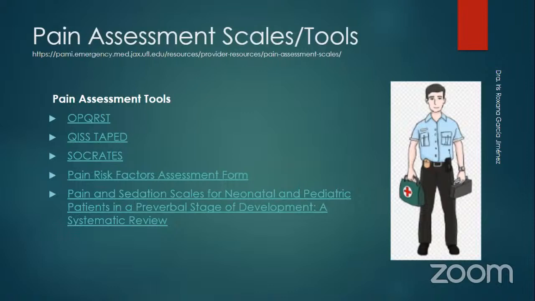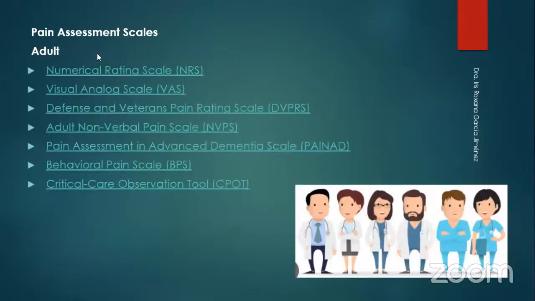As extra information, again, we have pain assessment scales or tools, because we know that there is not just one scale, there are lots of scales according to the situation. For example, pain assessment tools like OPQST, or SOCRATES, or the pain risk factors assessment form, follow different objectives. Or in this case, pain assessment scales in adults, we have all of these situations, because we can consider